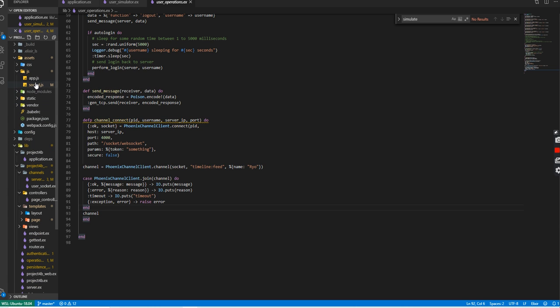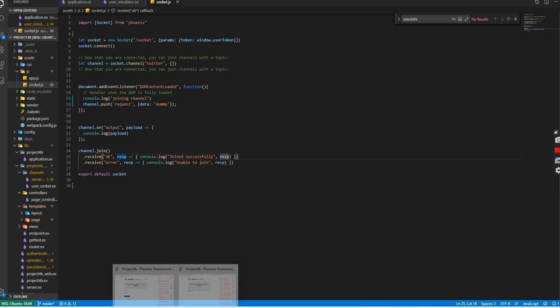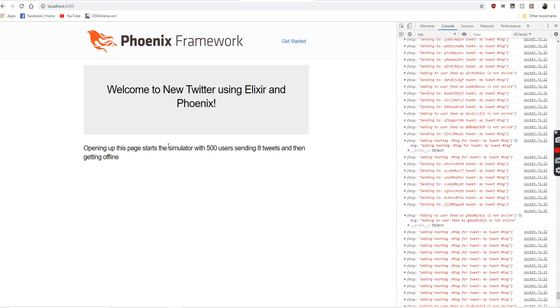Some of the other things, for example, socket.js is used to connect to that channel, and then the basic UI is developed. Okay, so we did not develop a very big UI, but stored these things in the console, which can